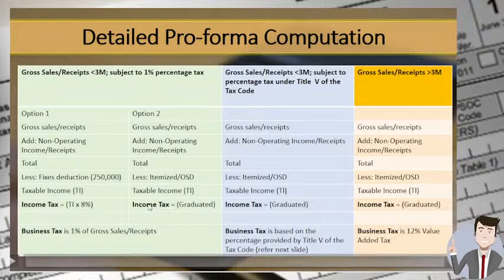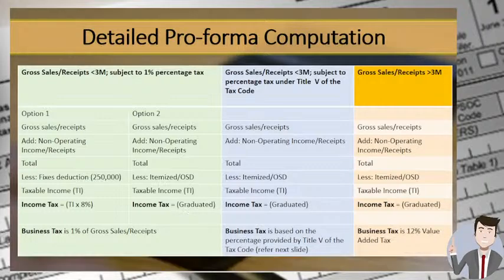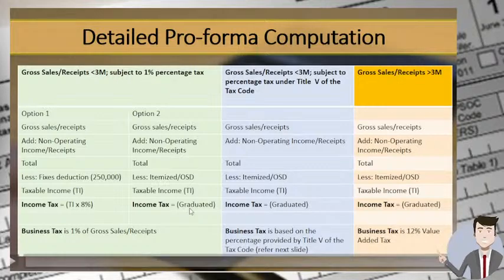And on the other hand, if he chooses the graduated option, he will pay according to the rates, according to the bracket in which his taxable income falls. Okay? Aside from this, the taxpayer will also pay business tax, which is 1% of gross sales or receipts. That is what we call the 1%